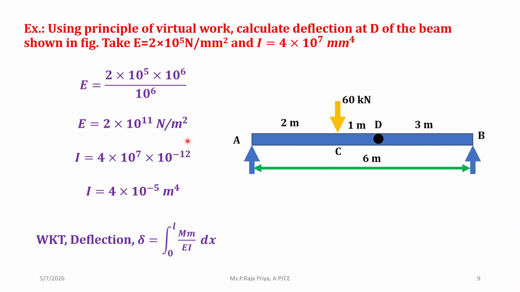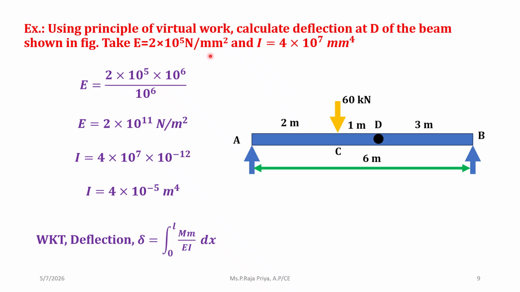Here is an example for the principle of virtual work, that is for calculating deflection using the virtual work method. A simply supported beam is given. At point C, a 60 kilonewton load is applied. We are asked to find the deflection at point D, and Young's modulus is given as 2 into 10